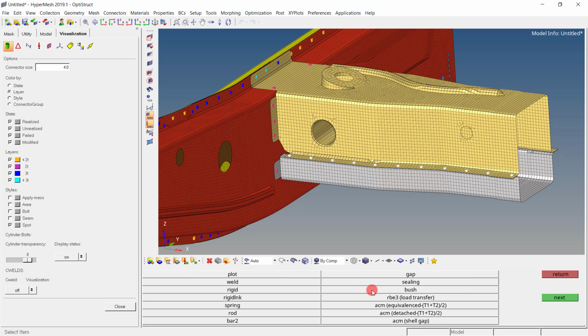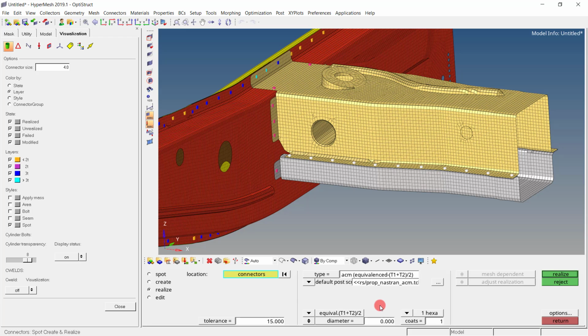From the type, let me set it to ACM equivalence T1 plus T2 by 2. This is the most used in case of spot weld. But again, your organization might be using a different type of spot weld representation. So let me select this one. Since the connector is connecting 2 components, let me set diameter to 5 mm and simply go for realize.